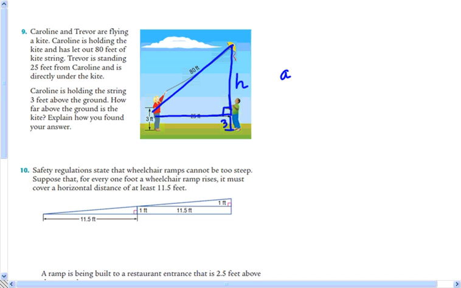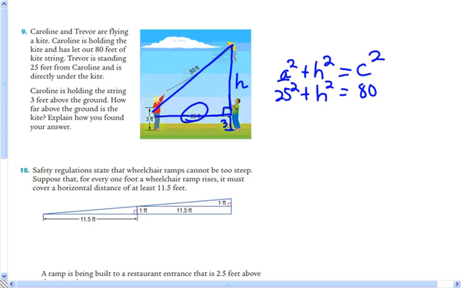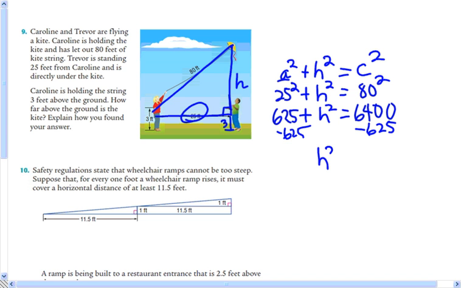so in this case it's a squared plus h squared, height, is equal to c squared. And a squared is this distance right here, 25. H is unknown. C is the length of the string, 80. So we can just do 25 squared, which is 625, plus h squared, and that's equal to 80 squared. And then I can subtract 625 from both sides. And I get h squared is equal to